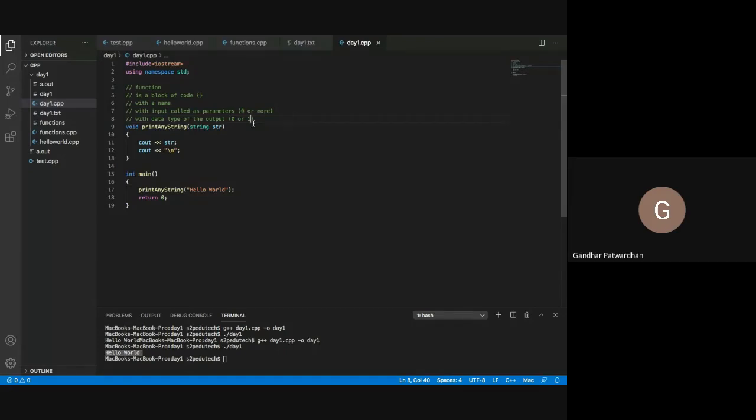Now in this particular case, our function is not returning any value. So when the function does not return any output, we give the data type of the output as void. So in very simple or layman's terms, what is a function? A function is a block of code which is enclosed in curly braces. It has a name, which is print any string, and it has 0 or more inputs. In this case, we have only one input. Now these inputs are enclosed in parentheses, and they are also called parameters. So this function, which is print any string,